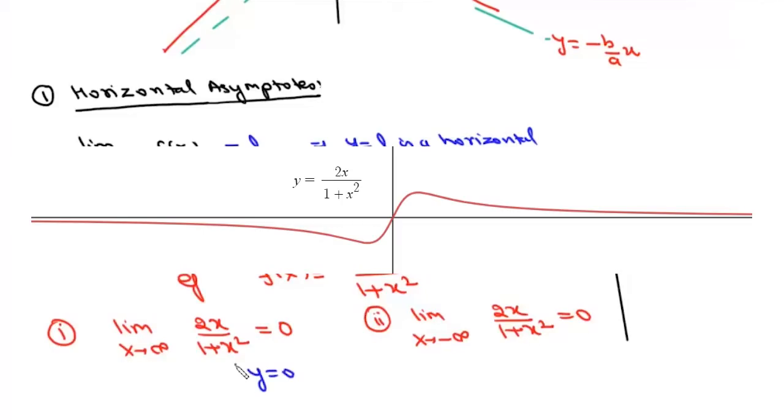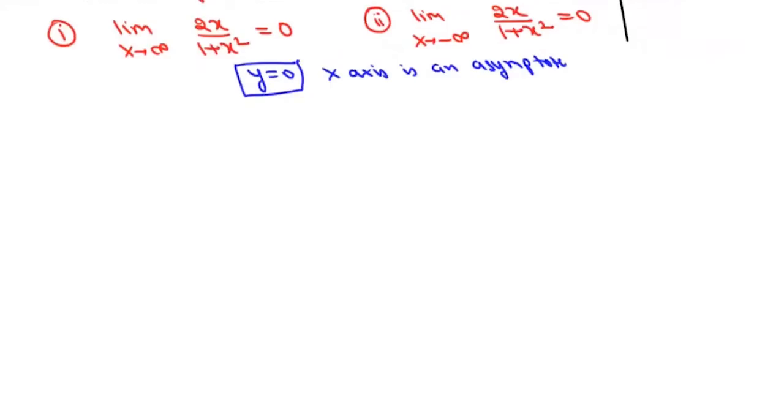So for this curve, y equals 0, or the x-axis, is an asymptote. As you can see from the graph also, this line, the x-axis, appears to touch this curve both at minus infinite and at plus infinite, and therefore it is a horizontal asymptote. And the second one is